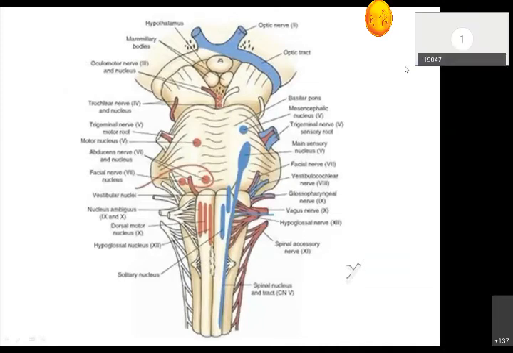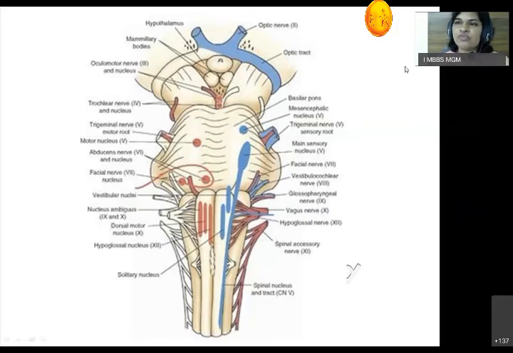Yes, ma'am. Okay. So in general, the brainstem is the most important. Obviously, the whole brain is important, but after the spinal cord, the brainstem is more important. So you have to first understand the functions of the medulla. First, it is a flow between the spinal cord and the higher centers. So whatever tracts are present in the spinal cord will be present in the medulla. If you understand the tracts, you'll be able to understand what structures are passing through the medulla.